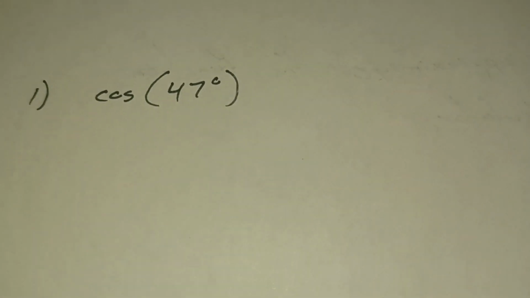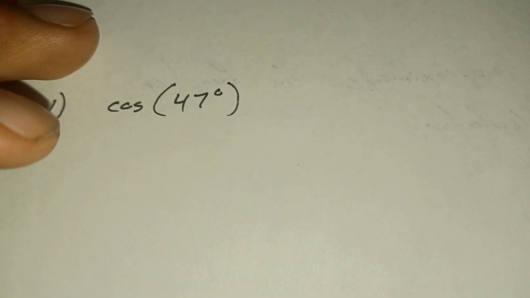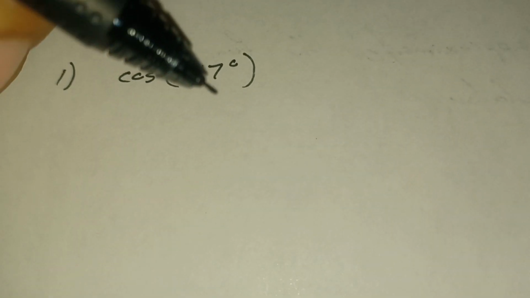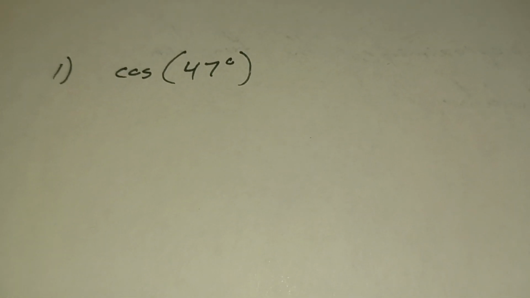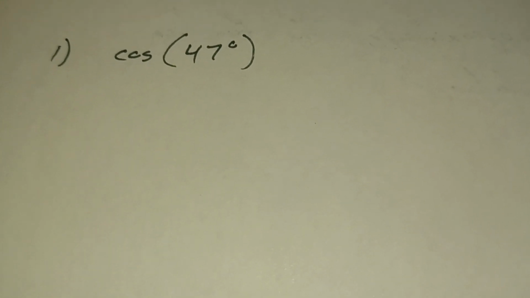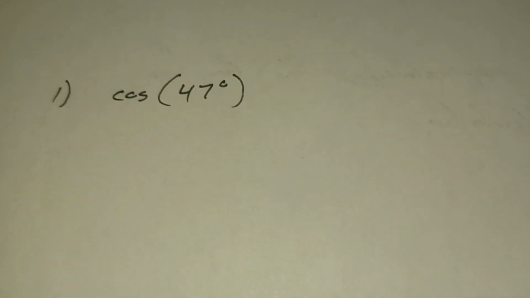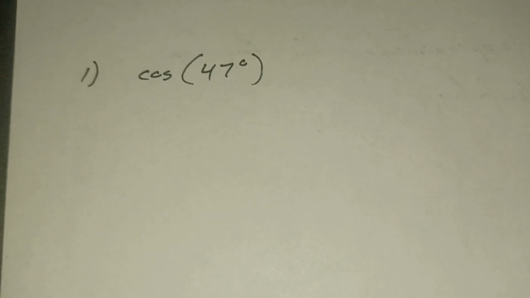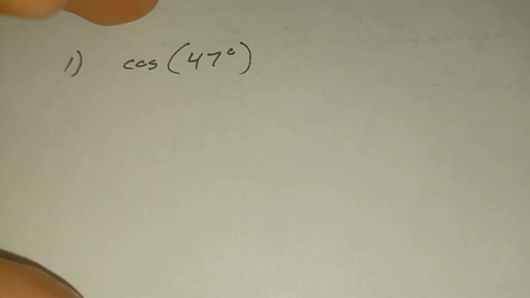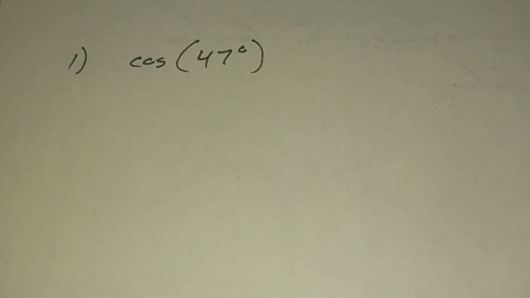We have cosine of 47 degrees, right? In order to approximate this, we're going to have to know a value of cosine that we can already calculate without a calculator, one that's close to cosine of 47 degrees. So what value can we calculate that we already know? That will be cosine